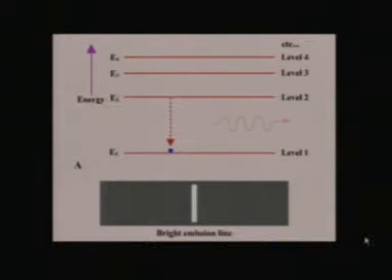You know, an atom consists of a nucleus and a large number of electrons orbiting the nucleus. And whenever an electron jumps from one of the orbits to a lower orbit, then a photon is emitted, as we shall show you in the animation that comes here. You see that an electron falls from energy level E2 to E1 and a photon is emitted. This photon has energy equal to the difference in the energies of level 2 and level 1. You can see that, and this gives rise to an emission line.